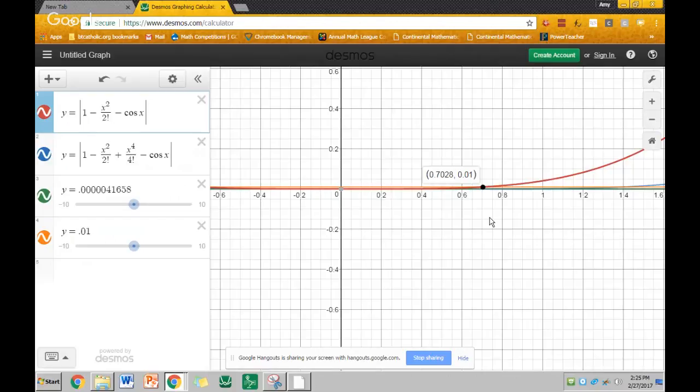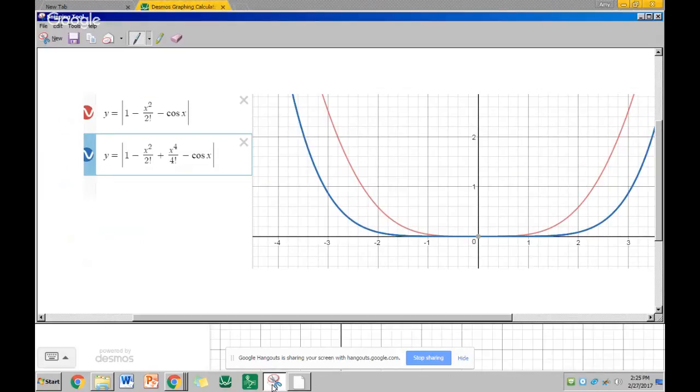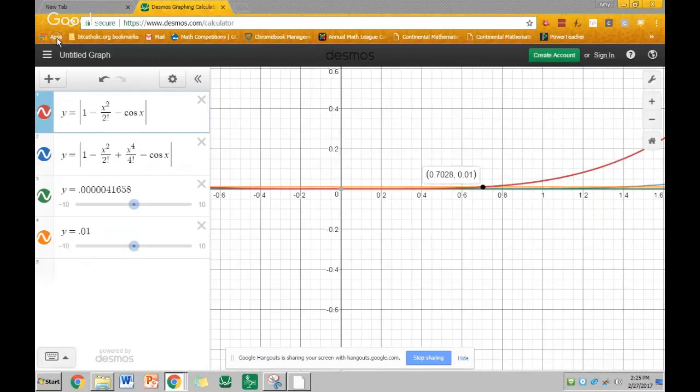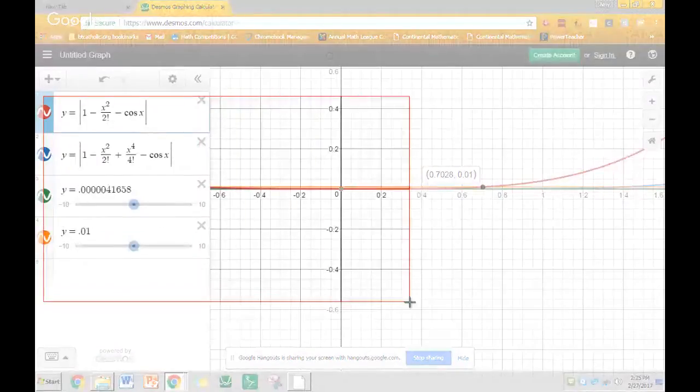So how do we find what the approximate error is using Lagrange? I'm going to take a picture of this first. Lagrange said my error is going to be at most